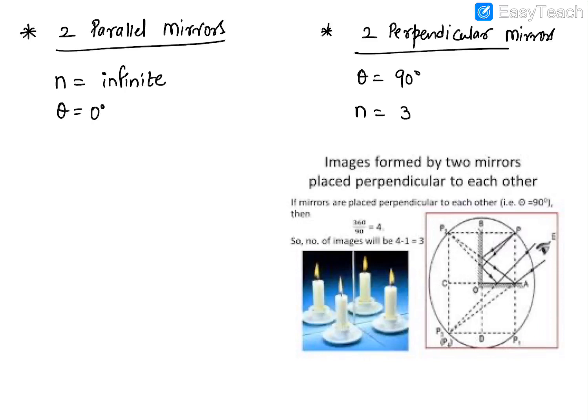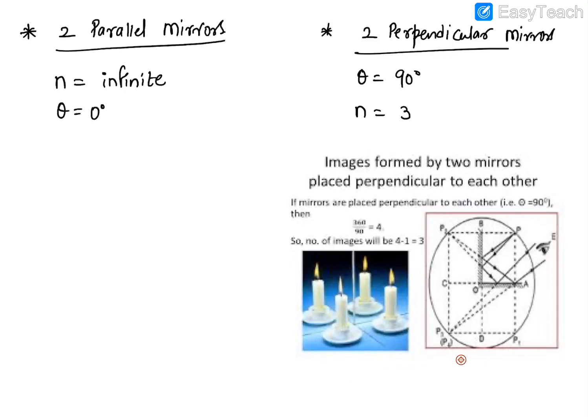So guys, see here I've put a picture over here. Here we are using two mirrors. In the left image, there's a candle placed at the corner of the two mirrors which are perpendicular. And you see how many candles you can see right now in that image? There are 4 candles. One of them is the object itself. So how many images are formed? 3 images are formed.